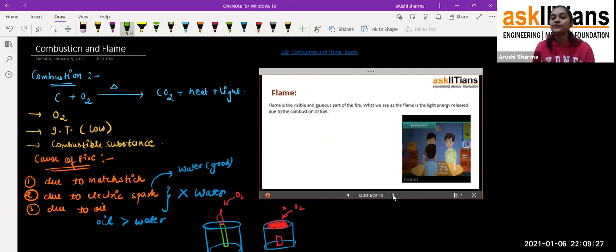So we use that fire camp, and when we burn those wood logs, we get heat from it and we get light from it. Exactly, and that's the same purpose of the candle. Whenever there is a power cut in our houses, we burn candles so that we can get some light from them and do our work.